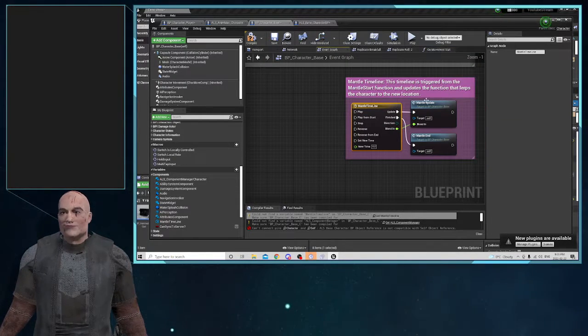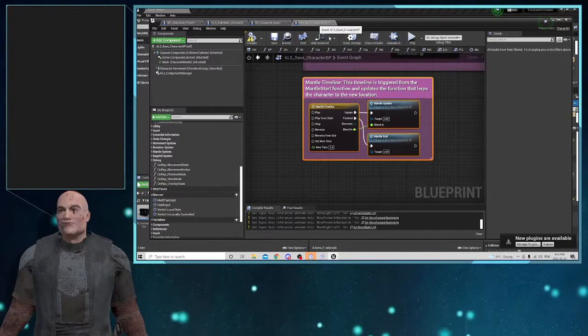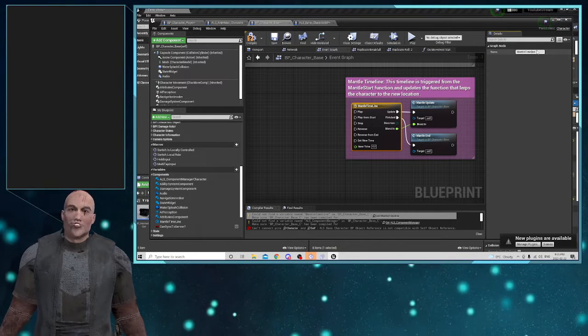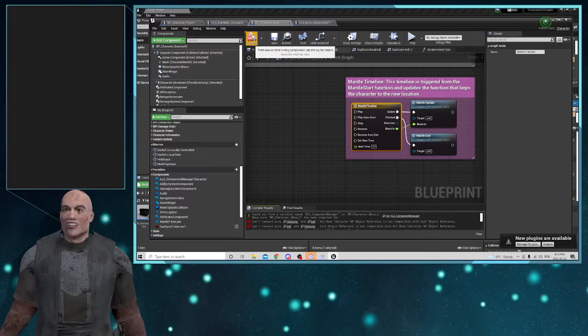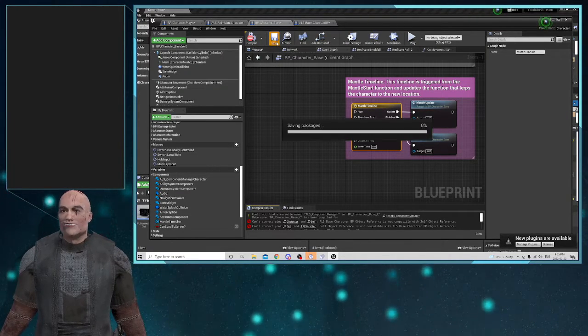Did it just, oh yeah, because it has a capital. Does it not have, no, it's a lowercase l. So lowercase l. And so when we recompile this and save,